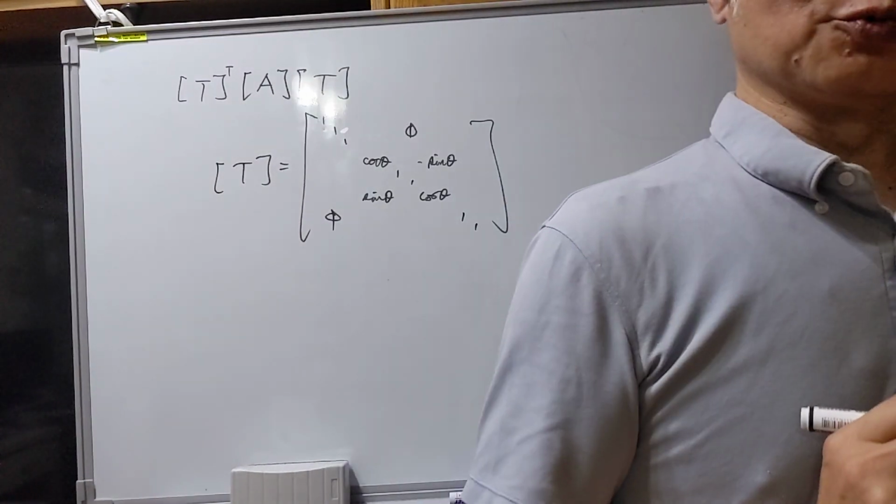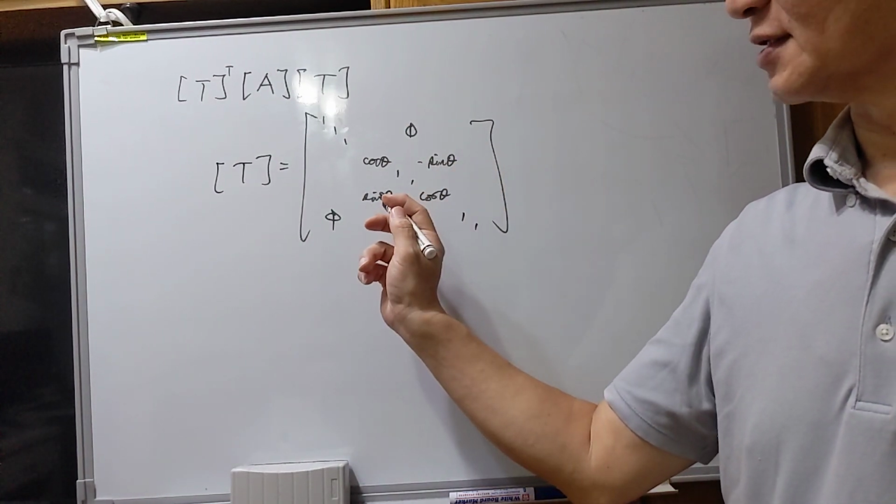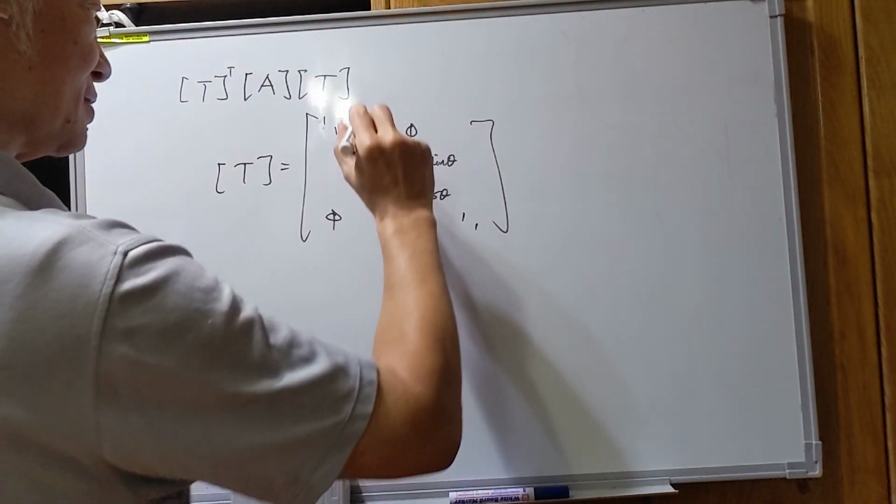The T matrix will put the cosine theta, negative sine theta, cosine theta, and sine theta,